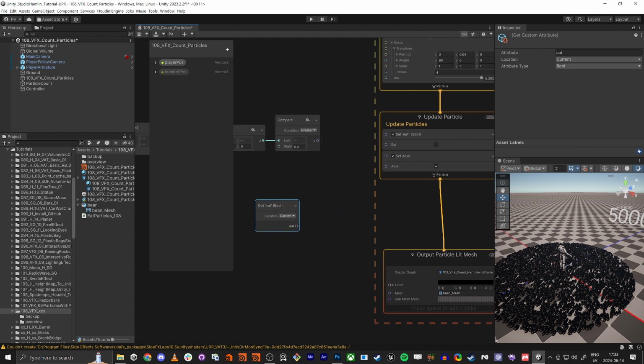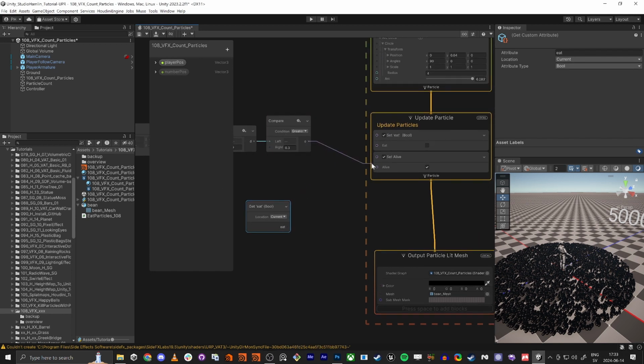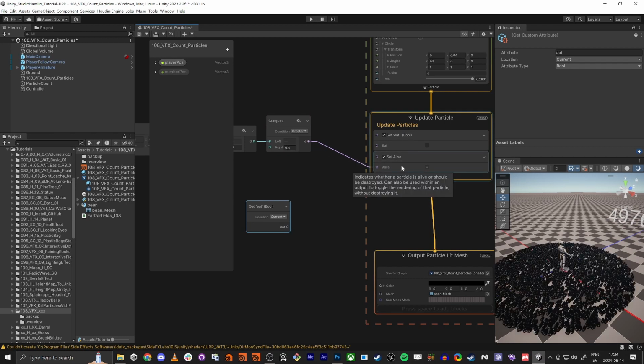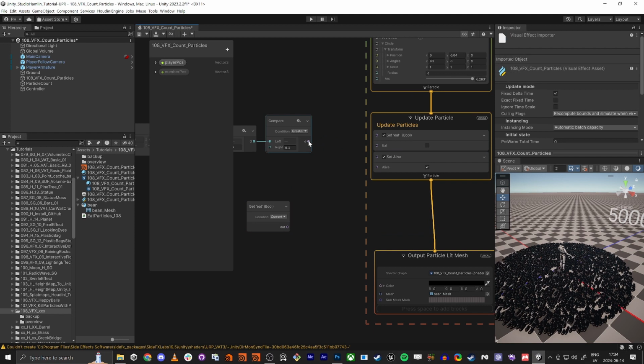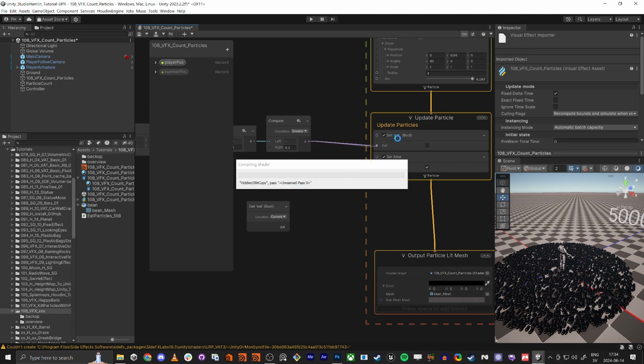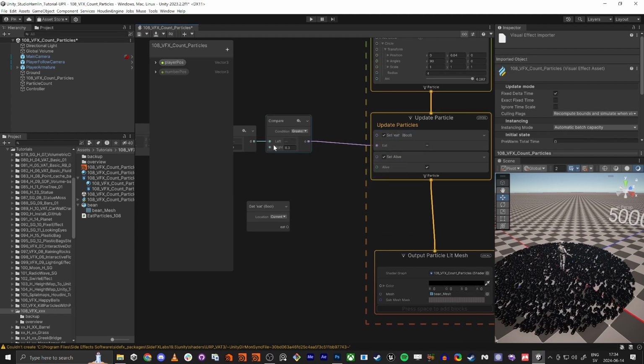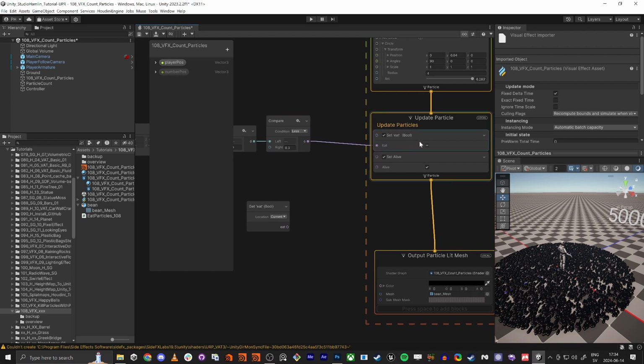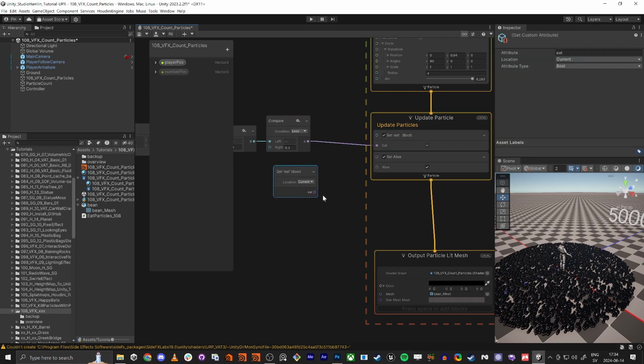So the thing is, when we have it like this, when the distance is more than 0.3, it's set to alive. But we're going to make it like this. We're going to have this eat bool. So whenever the distance is shorter than 0.3, then eat is going to be true. That means we have to change it to less. So when it's less than 0.3, then eat is true. And then we're going to have then